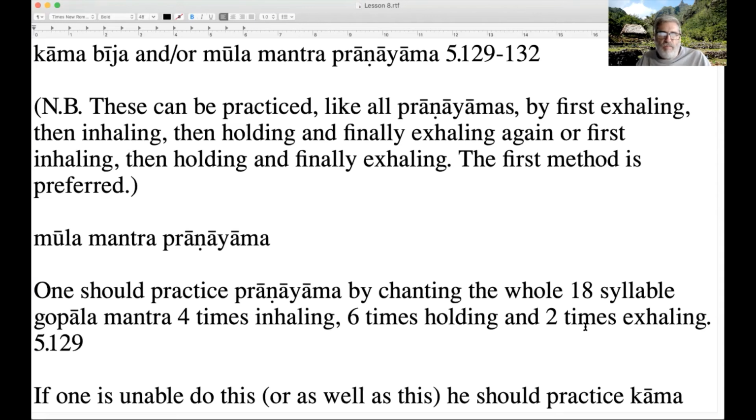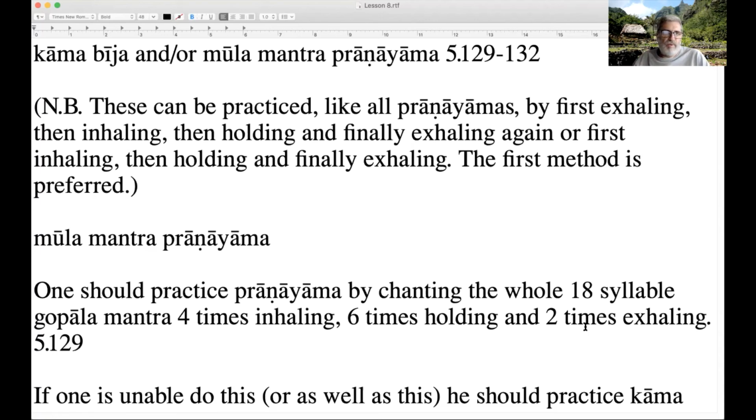So there are four processes in the first method. I think that's clear. We talked about that before. In actual practice, a lot of people start out with the inhaling, holding, and then exhaling. But more orthodox people will start by exhaling, then they'll inhale, hold, and exhale again.